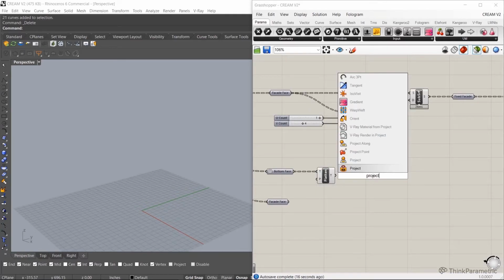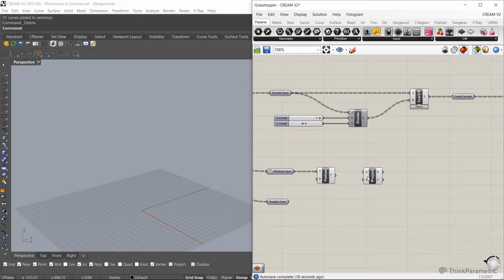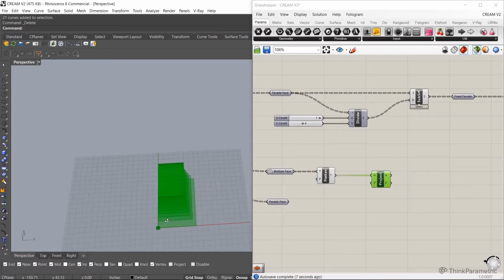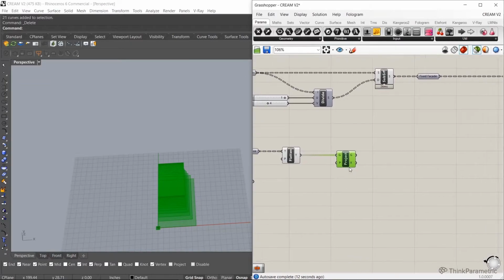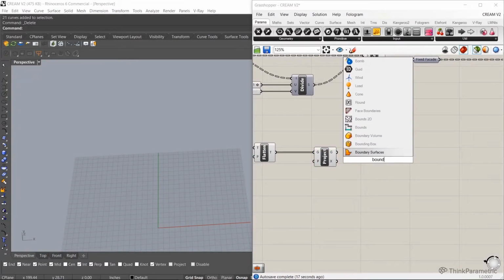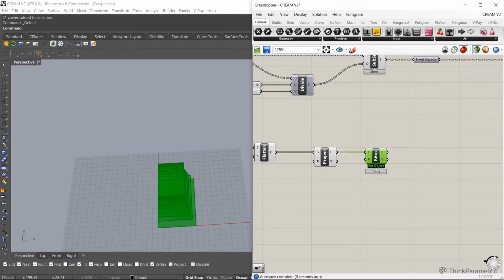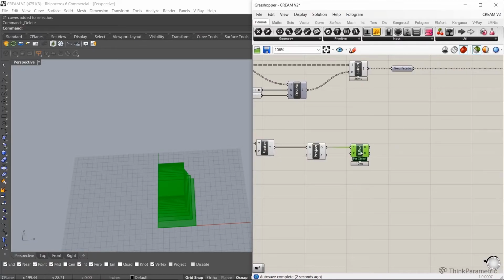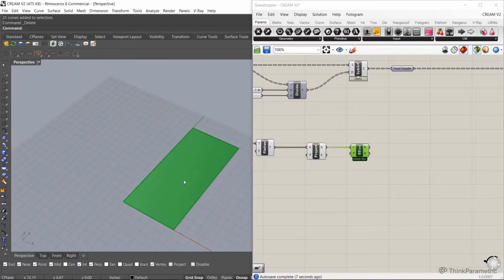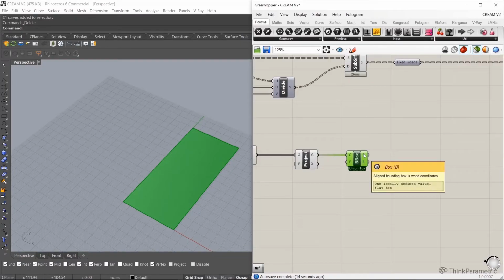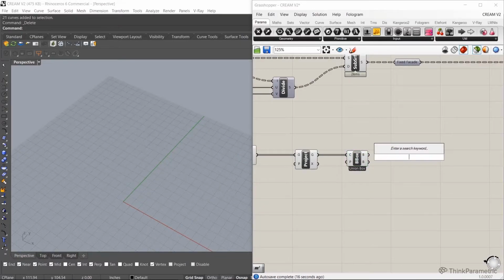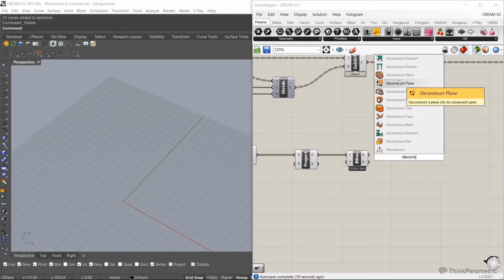So, okay, we're going to flatten them, and then I'm going to project them onto a plane, and so this is all the geometry, and the plane is just going to be the world XY. The reason why I'm going to do this is I'm going to basically use this as a way to create a kind of grid. So we're going to use that, and then I'm going to create a bounding box. And instead of per object, I'm going to do a union box. So that's essentially going to be what creates our outline, right, for our grid.